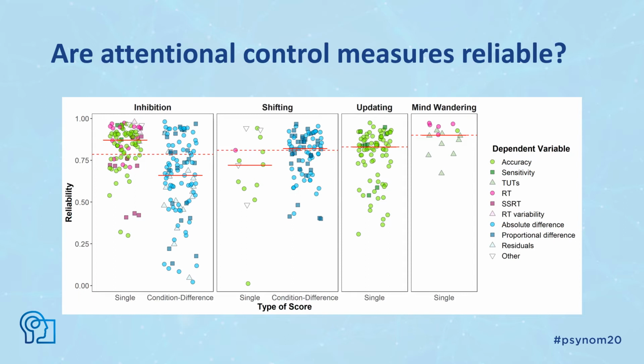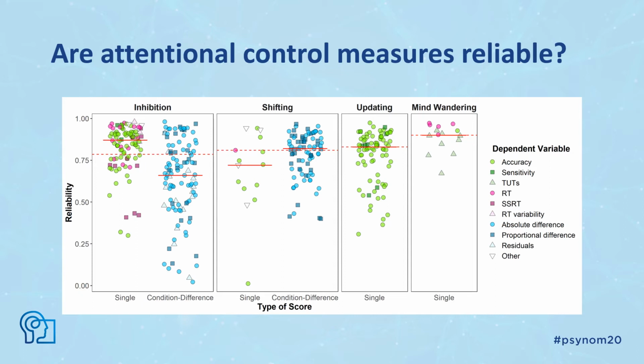And the green symbols here are scores that reflect some form of accuracy. The pink symbols are related to speed, and blue symbols depict scores that are derived from subtracting performance in one condition with high attentional control demands from performance in another condition with low attentional control demands. So what we can see here is a really large spread of reliability coefficients, especially for measures that assess inhibition